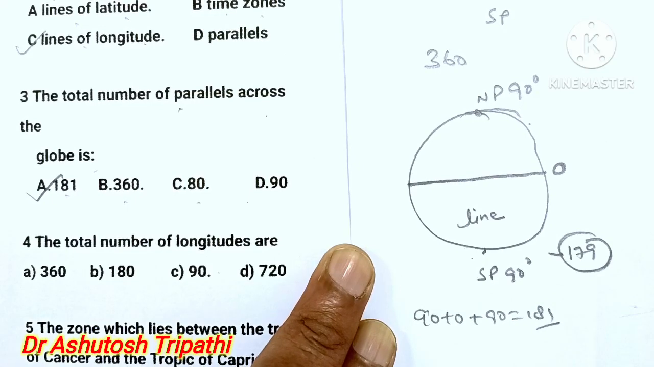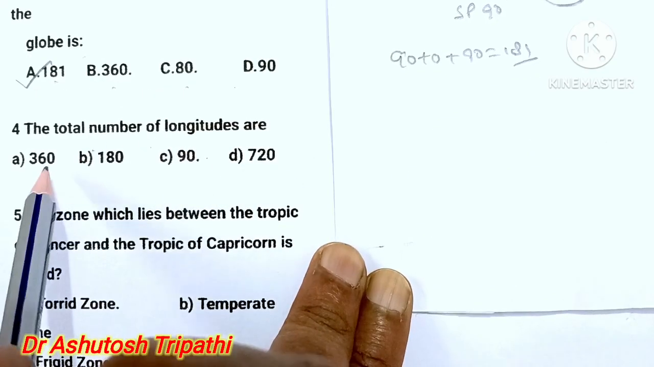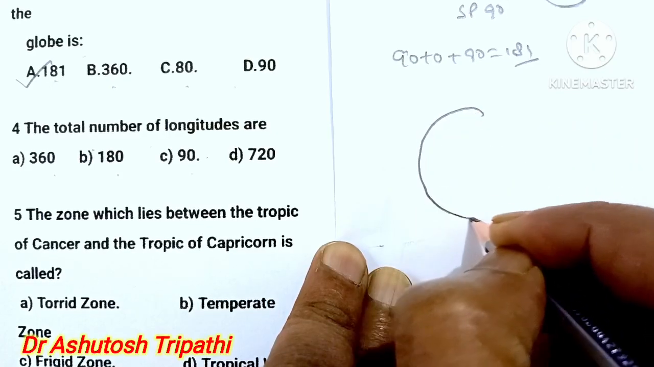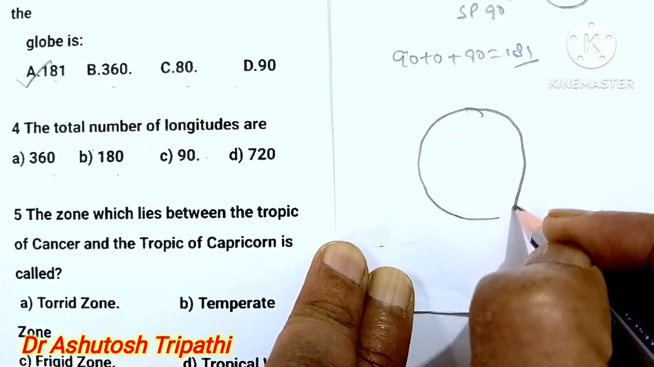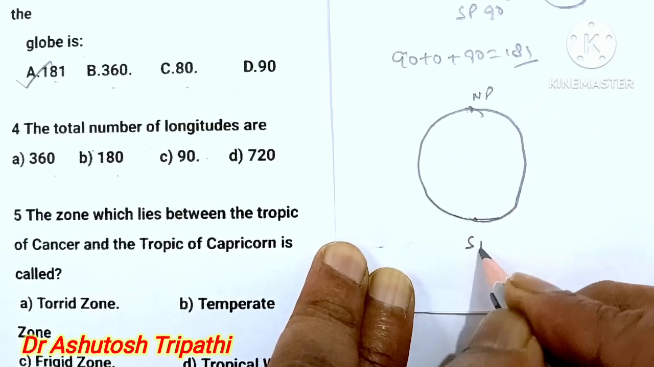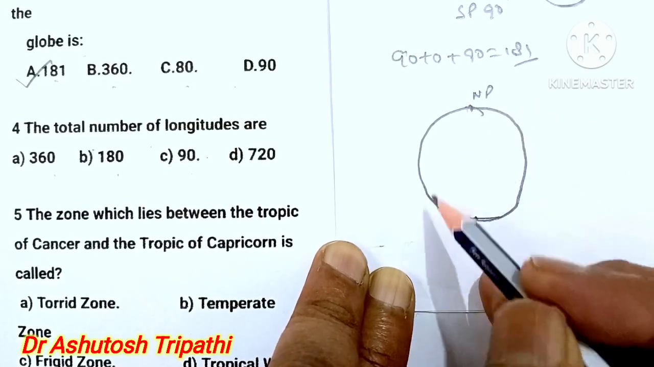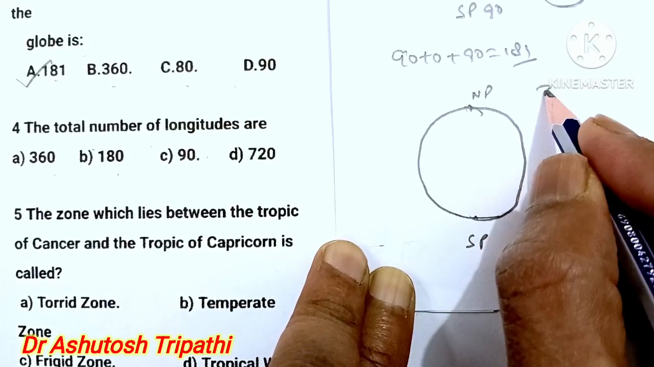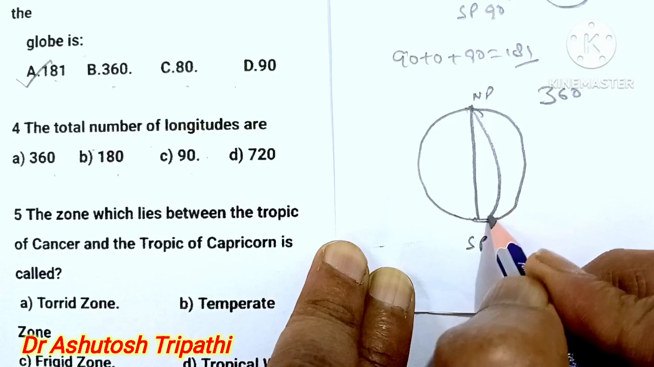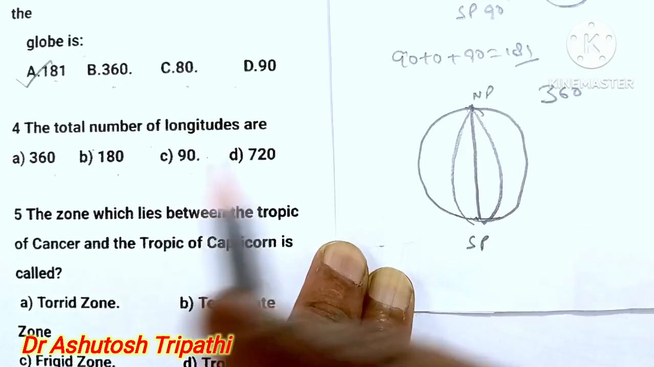179. The total number of longitudes are: 360, 180, 90, or 720? This is the North Pole and this is the South Pole. As you know, a ball or a circle has how many degrees? It has 360 degrees. So it is very clear that the total number of longitudes on the Earth is